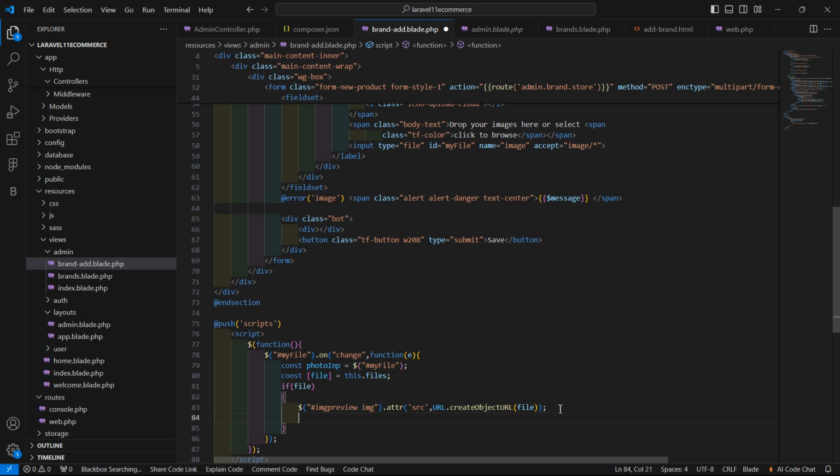Okay, and now simply copy this and paste here. Now remove the img and call here the show method,